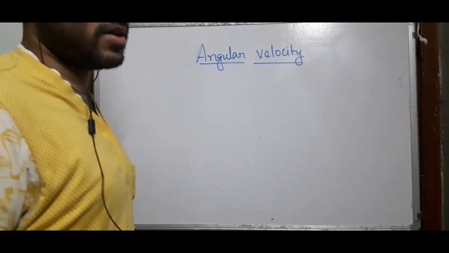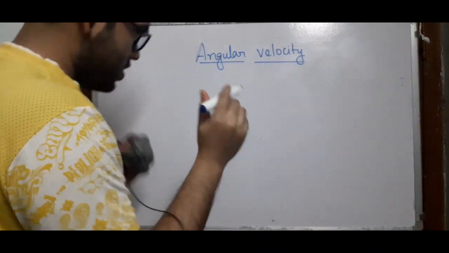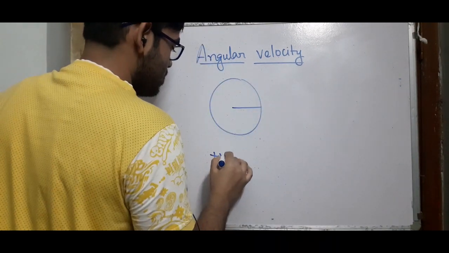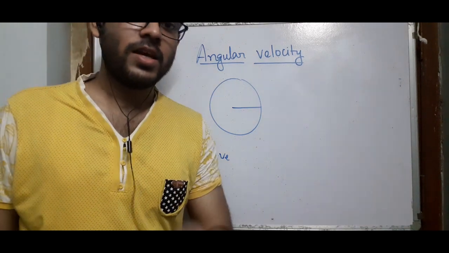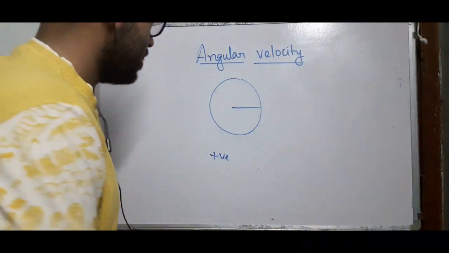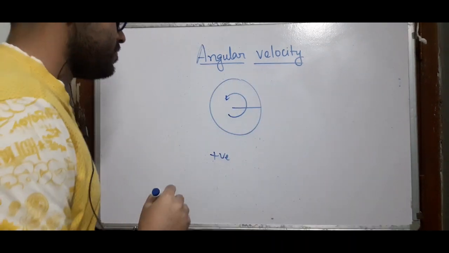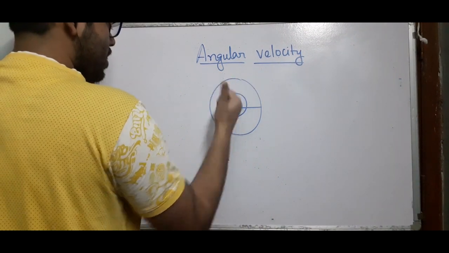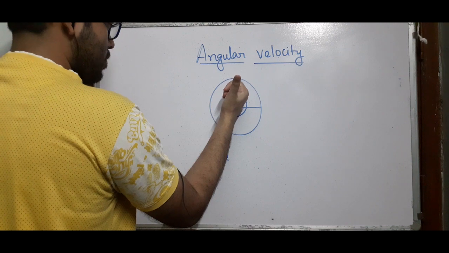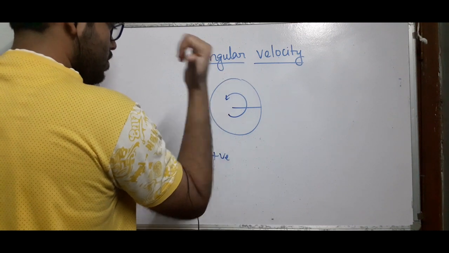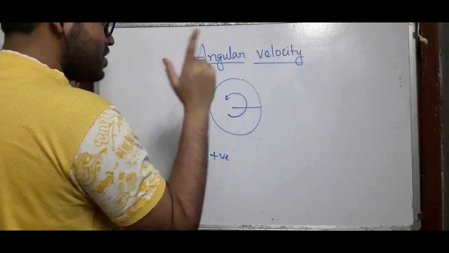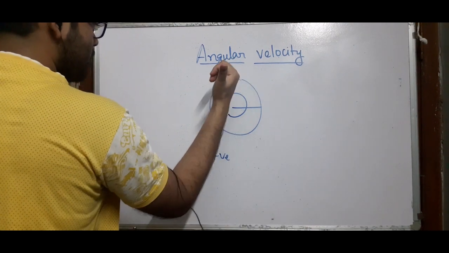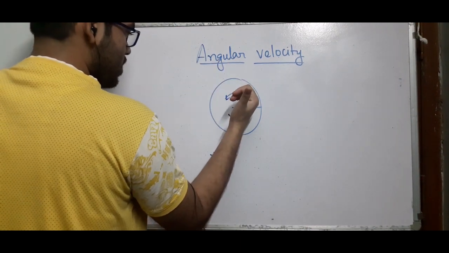Now angular velocity is a vector. Just now we have learned it is a pseudo vector, but what is its direction? Let us say the particle is circulating in a positive sense. If you do not know what is a positive sense of rotation, go on to my first lecture, then come back. So it is rotating in this. Then take your right hand and curl the finger in the direction of rotation and stick out your thumb. The direction of your thumb is perpendicular to the plane of rotation, and that is the very direction of angular velocity, which is in our case, if you curl the fingers of the right hand, the thumb points out of